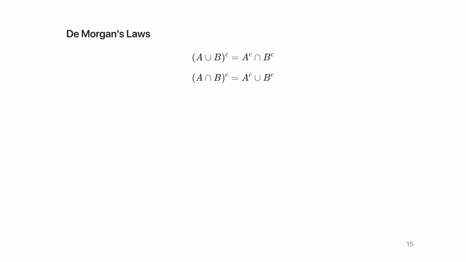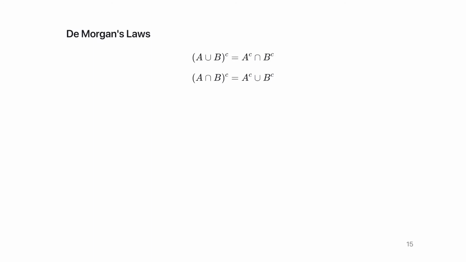De Morgan's laws, I think I'll save this to be a homework question that you can play around with in homework. But essentially, De Morgan's laws allow us to convert between the complement of a union to the intersection of two complements. And we can convert between the complement of an intersection to the union of two complements. Is that okay? So we won't do any formal proofs right now. But I guess we could do an example.